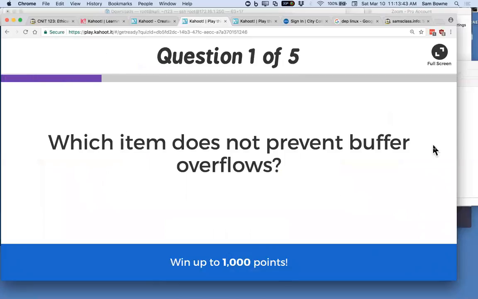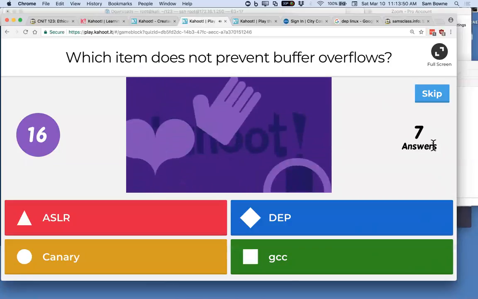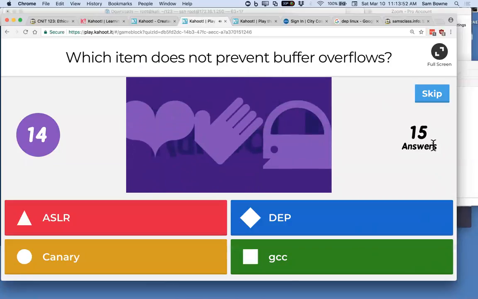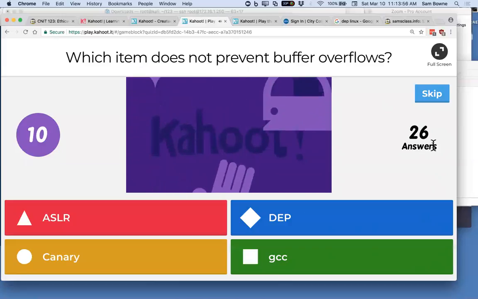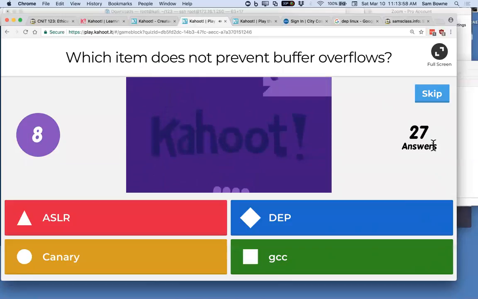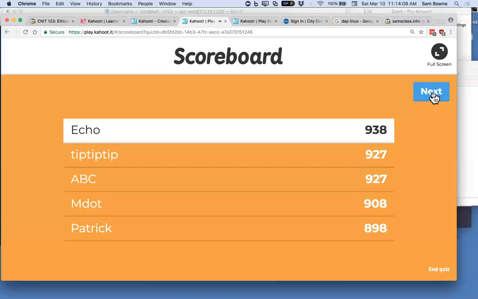So which one of these will not prevent buffer overflow? Okay, GCC is just a compiler. The others are all defenses.